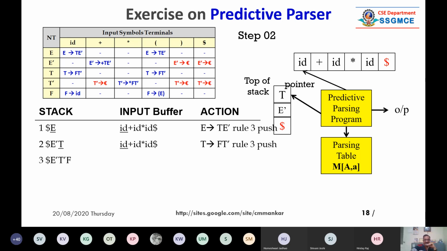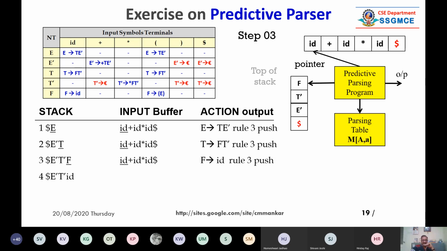So it means that T is on the top of the stack and ID is pointed by pointer. So if you refer this parsing table, T wala row hai, it is the third row, T and ID. So it is giving you the production rule T giving FT dash. So what we have to do in third step, we have to again remove the T because T is a non-terminal from the stack, and we have to push the right hand side of the production rule of T.